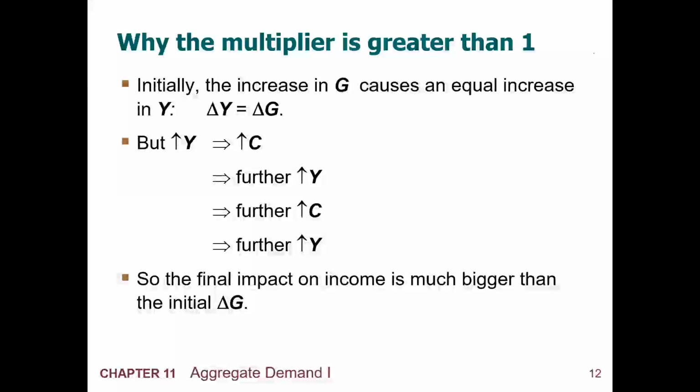It says that the initial change in output will be equal to the change in government spending. But by the change in government spending, it means that income or output is larger. With output being larger, more people can consume because more people have money. So there's more consumption. Because if you look at a simple example, let's say